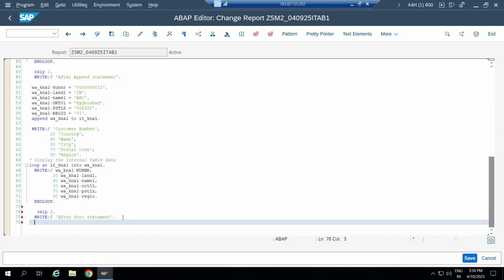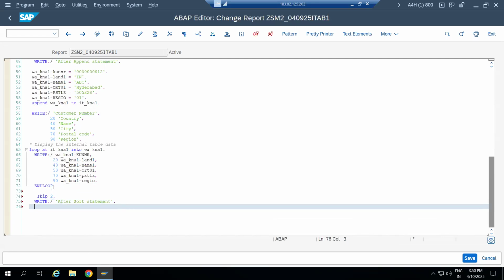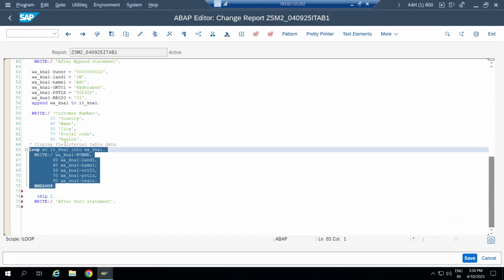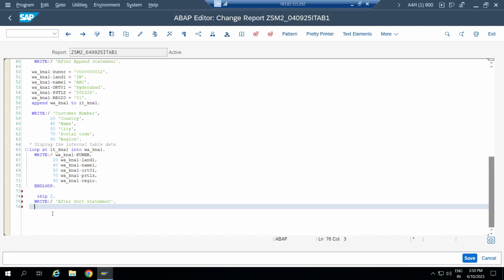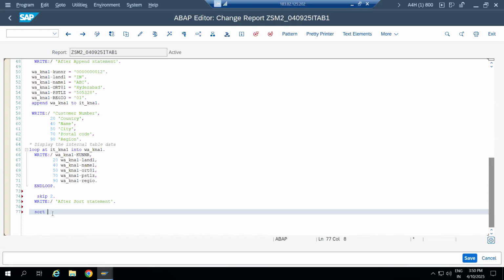And here, before displaying this, the loop is nothing but it is used to display the internal table. So before displaying this one, I need to sort it. So here I'll write sort. The statement is sort internal table. The name of the internal table is ITKNA1